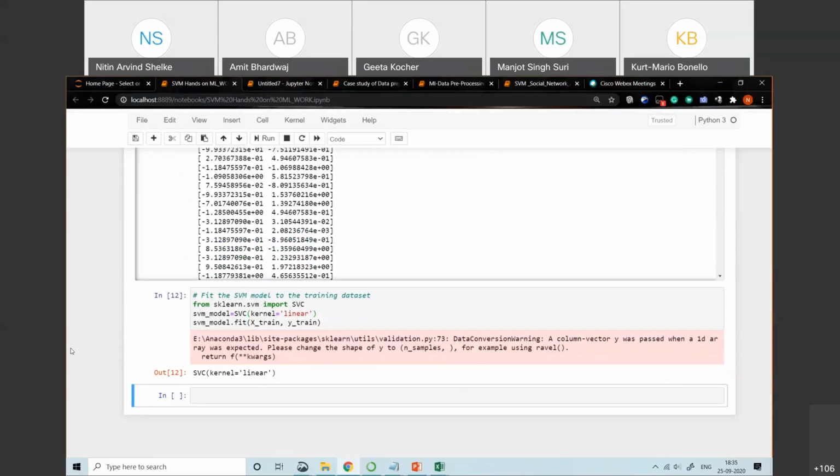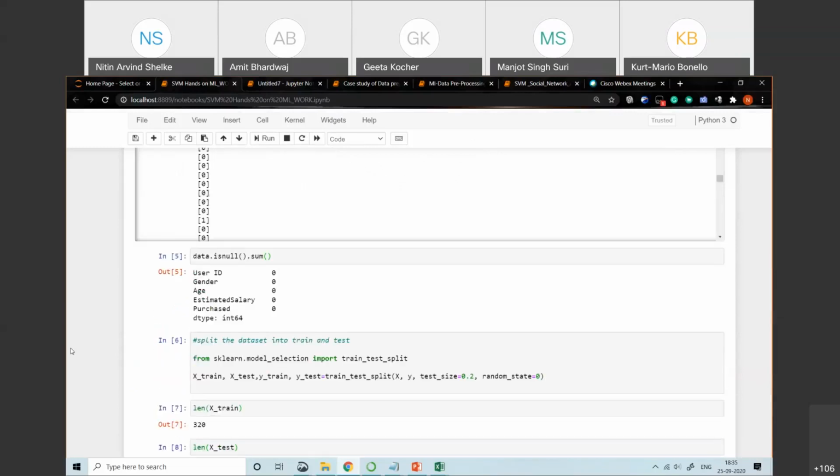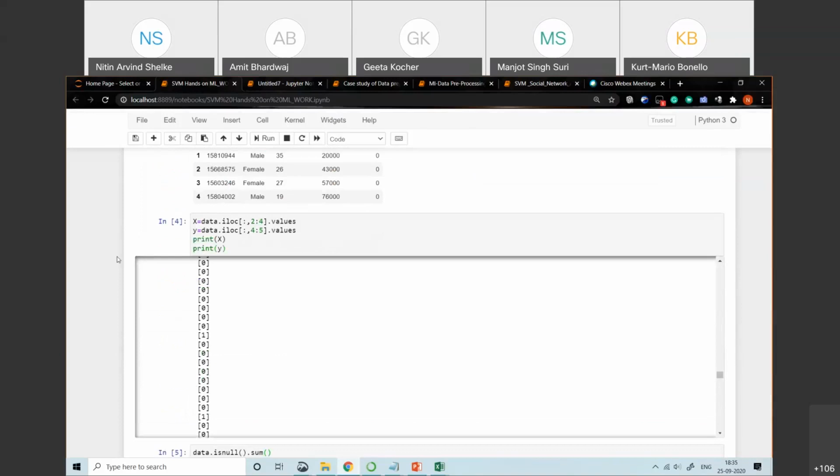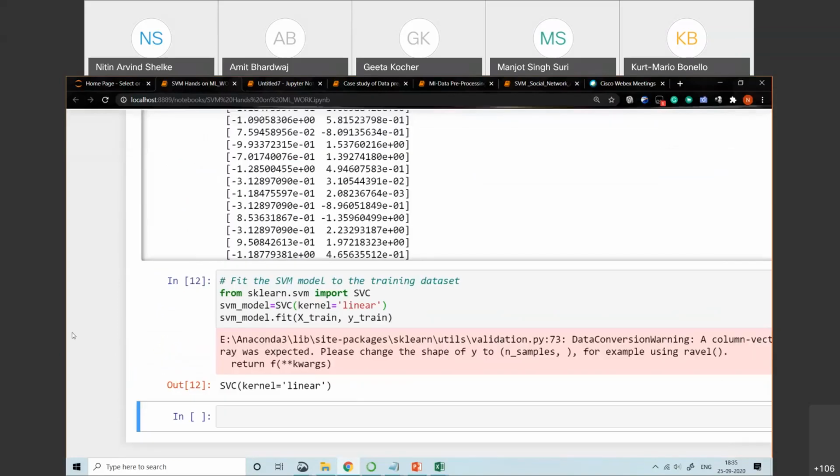Next part is to predict. So we'll do the prediction now. Model is ready, and now we'll do the prediction, and prediction is always on the test data set.